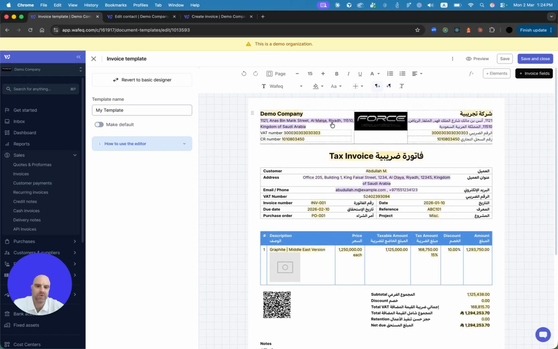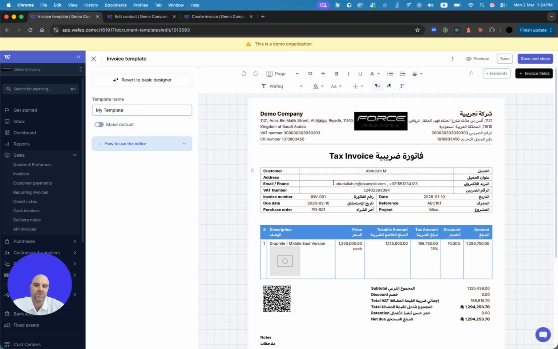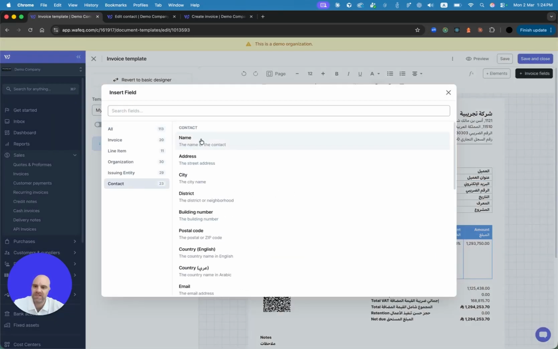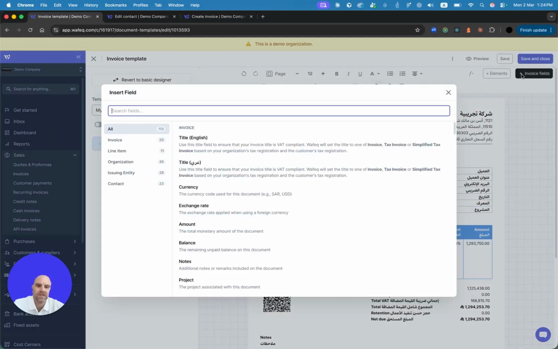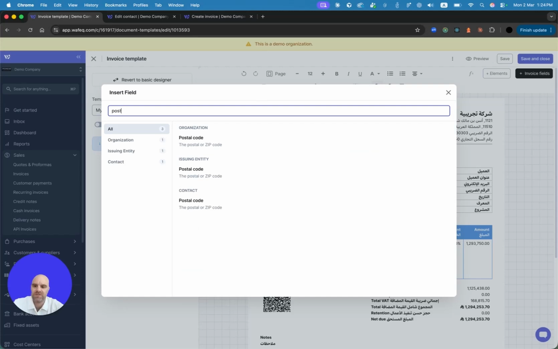Okay, next let's talk about joint fields. So joint fields are super useful when you're dealing with optional fields or fields that may not be present, especially, for example, customer addresses. So let's say you want to build your invoice layout, and for the customer address, you want to insert the fields, so you go to contact here, I want to add the address, okay? And then let's say I'm going to put a comma, and then I want to add the district,